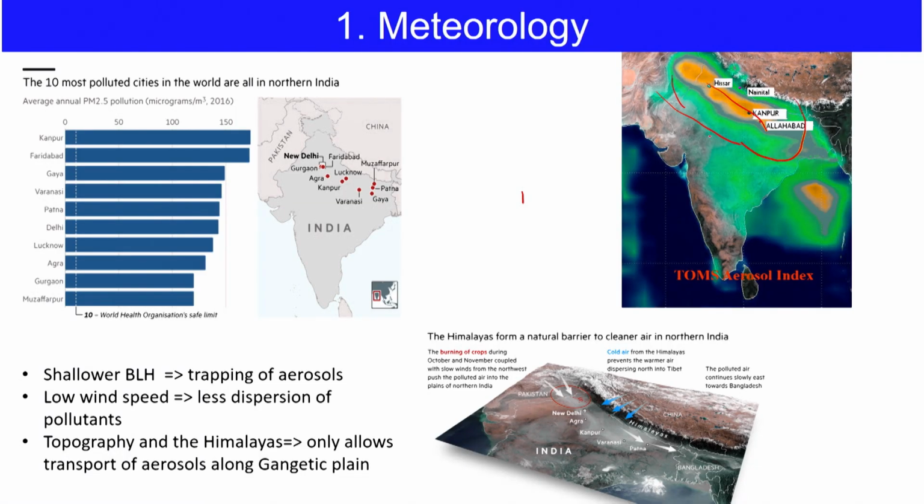We have high pollution here, and then you have a pocket, sorry, this is actually a pocket here in the Bay of Bengal. This we already discussed, and I discussed the mechanism as well. So, this becomes very important. Meteorology obviously plays a very important role, and that is why regions like coastal areas do not have high pollution.